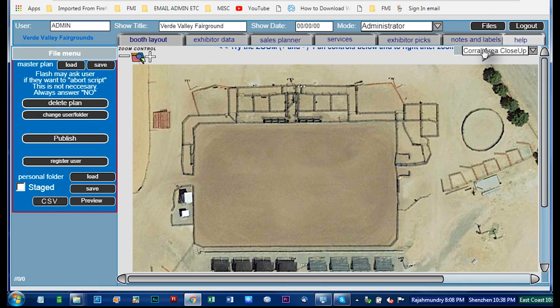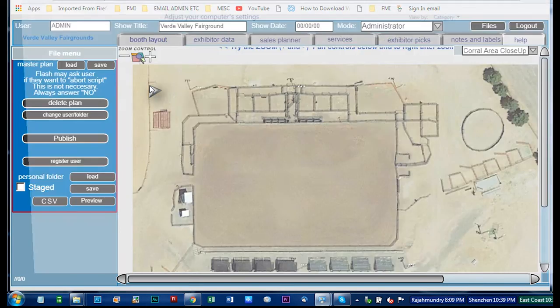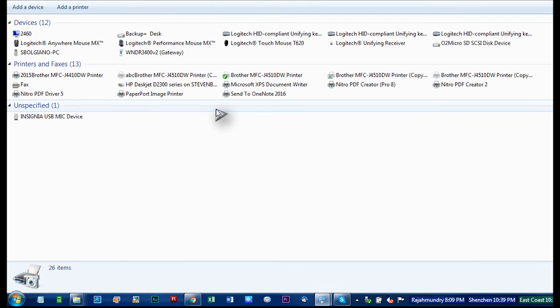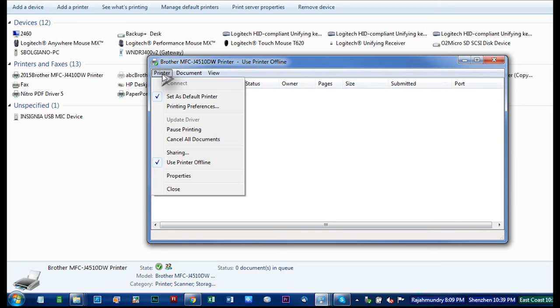And we do this by going to the lower left-hand corner of our computer screen's desktop, clicking the Microsoft icon, and then going to the control panel. From there, we look for printer device settings. And then from there, we click on that, and it brings up our list of printers. We look for the default printer, click on that, and then we'll see in the left-hand corner printer, which brings